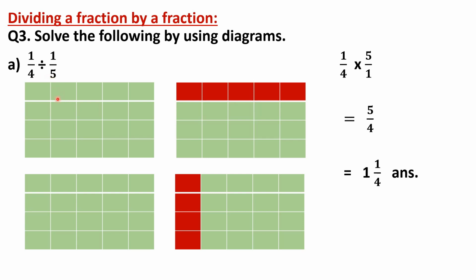So let us draw the figure for this. So 4 rows will be there and 5 columns will be there. So we will be taking both for each of the fractions. Okay, 4 rows and 5 columns. So now you can see here 4 rows are there, and out of which one I have shaded here with the red, and 5 columns are here in the second figure, and you can see one of the columns I have shaded with red.